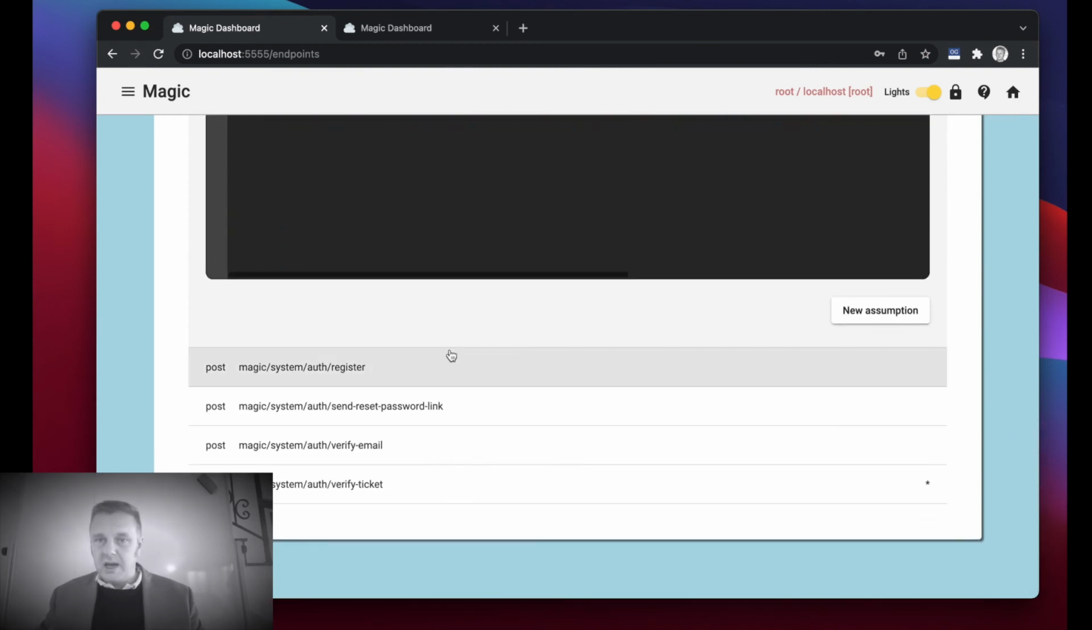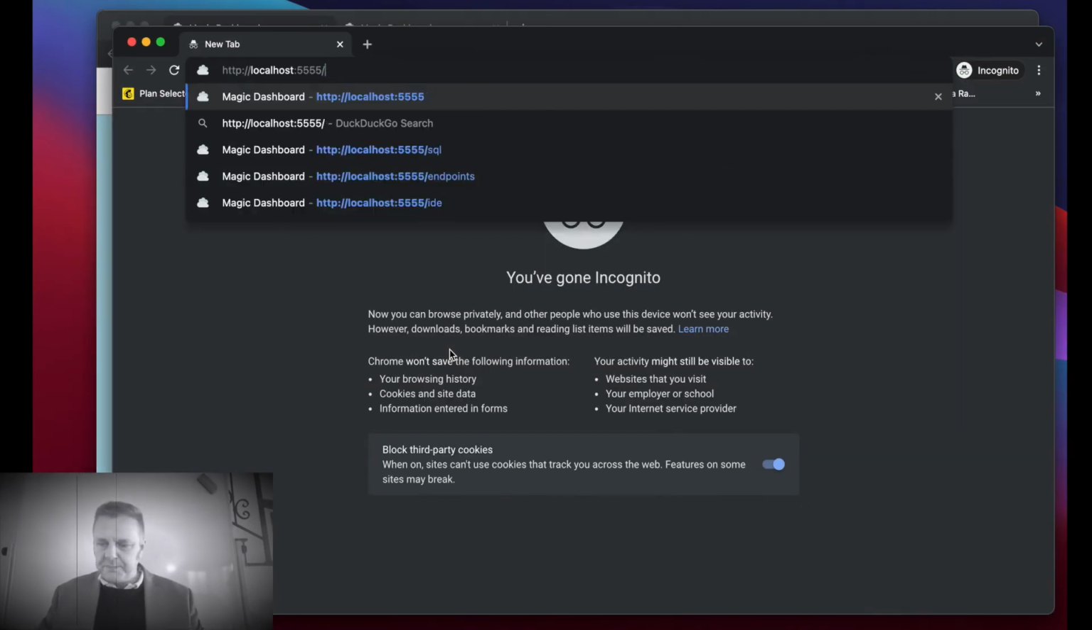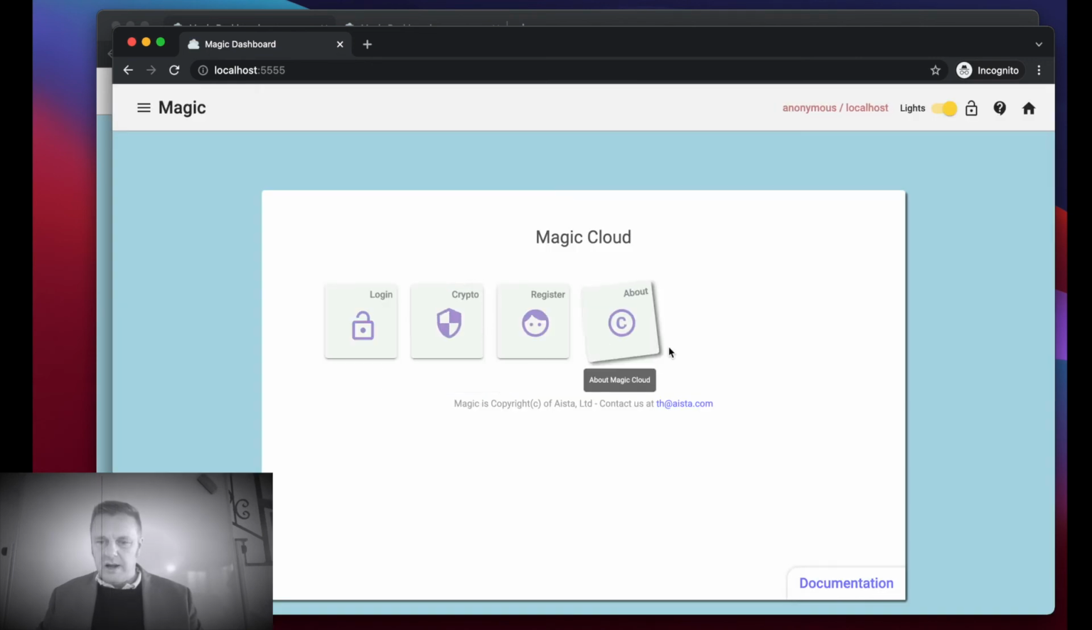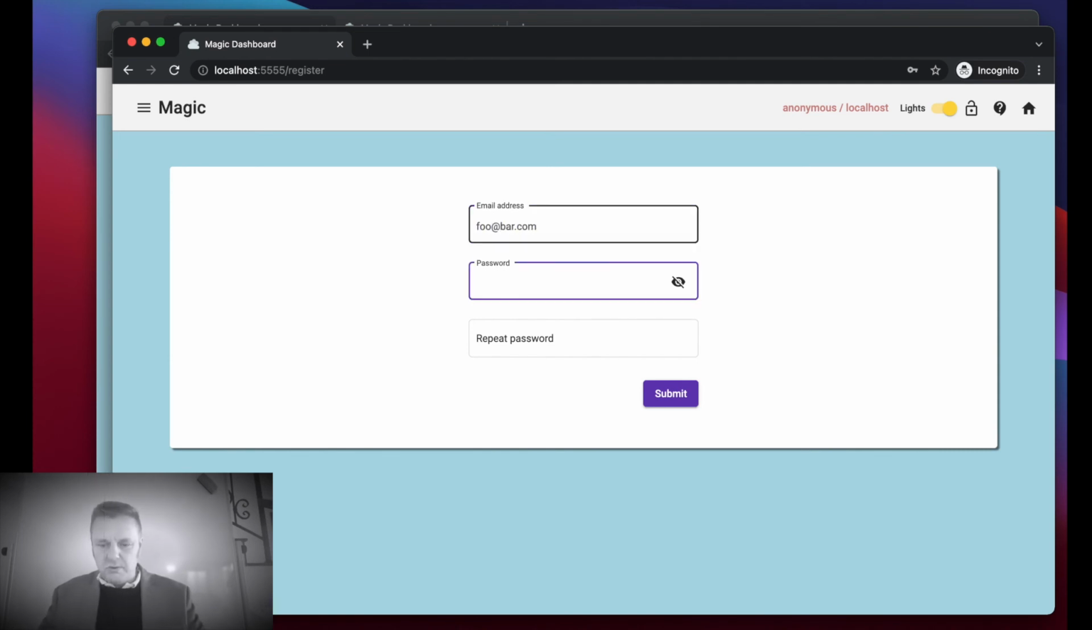Here's an interesting little bugger. If I open up Magic in an incognito window again, then I'm obviously not authenticated and authorized. However, there are 4 icons here which are publicly available even for people who aren't authenticated. There's a register link here. Now, in order to actually use this, I need to configure my SMTP server, which I haven't done. Why? Because when I type an email address here, foo@bar.com, and I choose password foo, and I repeat that password,